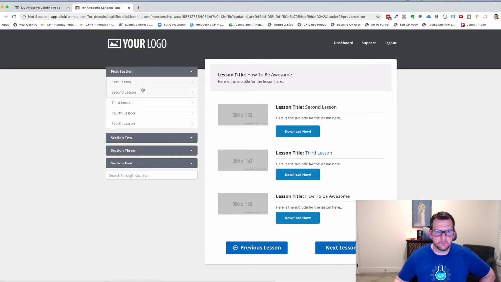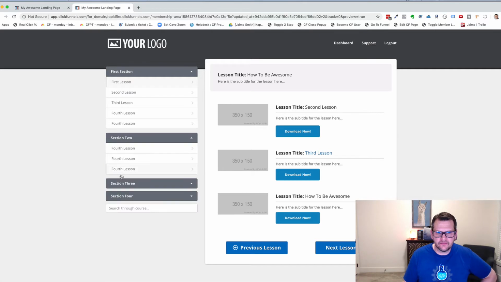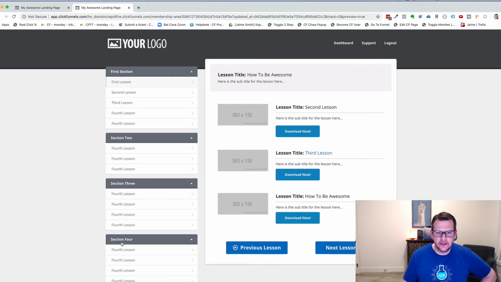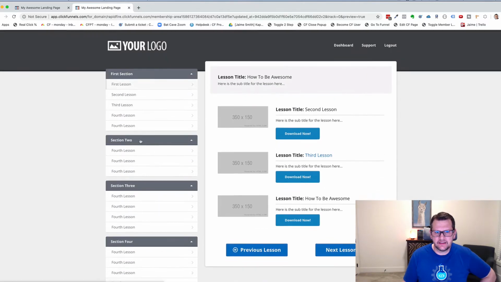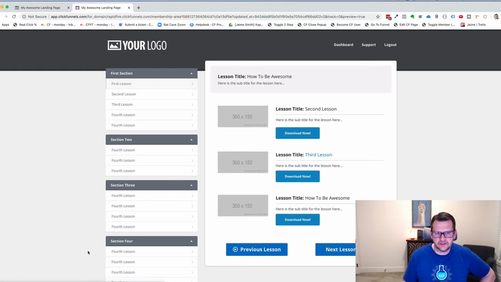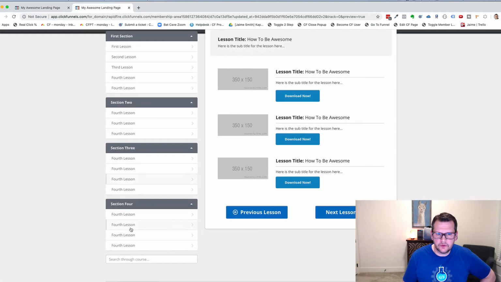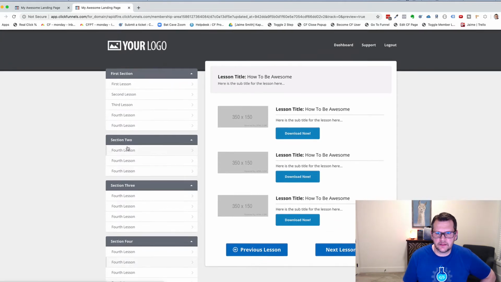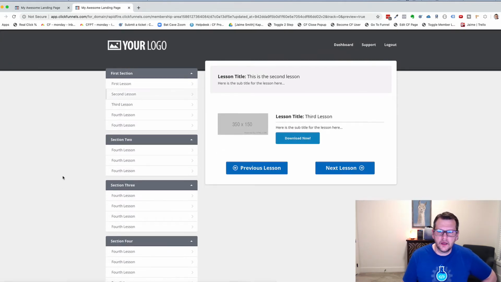So we've got just a basic members area page here, and we've got 4 sections here, and we can see that we've got a lot going on. We've got a bunch of lessons. They're all obviously duplicates of the same thing, but we can expand this out quite a bit. If we're bouncing between lessons, we'll notice that when we bounce between lessons, these all stay expanded. So if somebody clicks through and expands these out, it can get rather tedious and long, and we don't necessarily